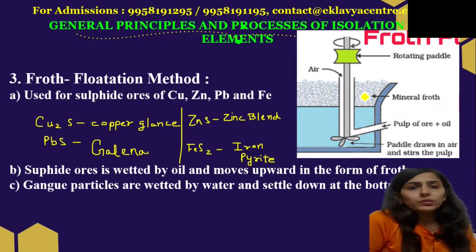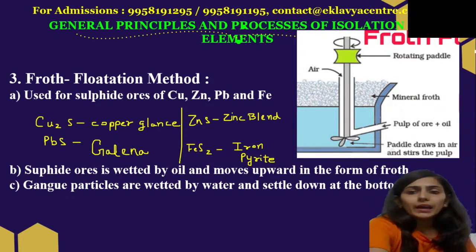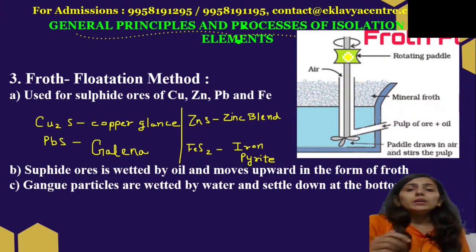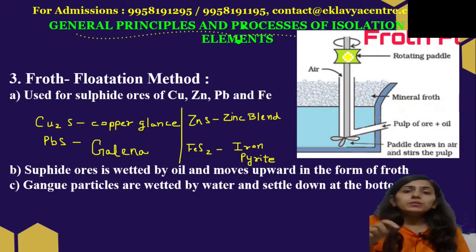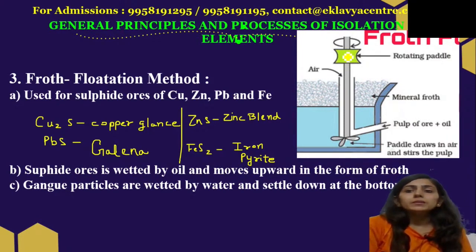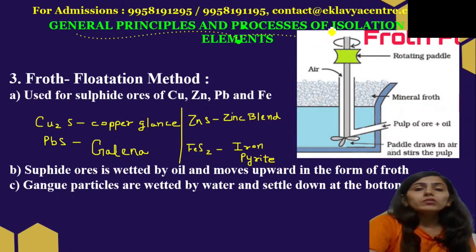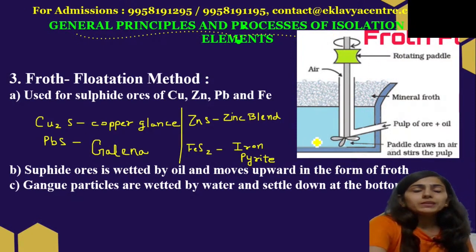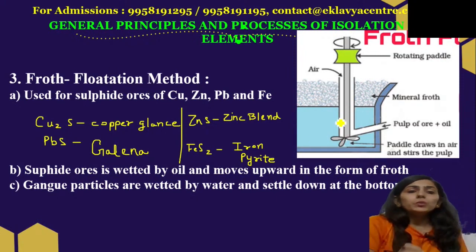Now what happens in this process is, can you see this pulp of ore and oil that we are adding into this process? There is a rotating paddle, and air enters through this rotating paddle. We rotate this paddle so quickly that there is a formation of froth, and we know that the water particles will settle down. The sulfide ores, the mineral ores, because we are using sulfide ores only here,